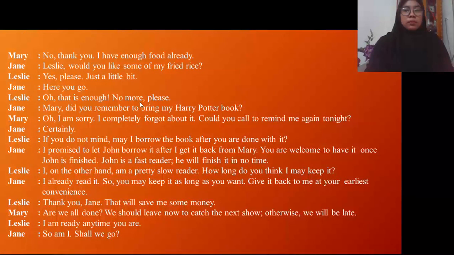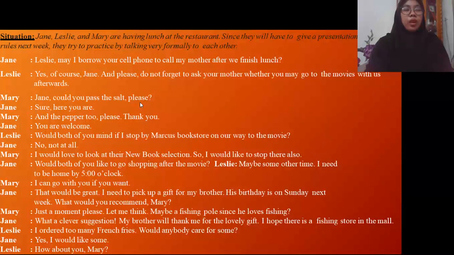There are actually some sentences that you can see in a formal conversation here. Not only here, but I want you to identify first the formal conversation and the informal conversation